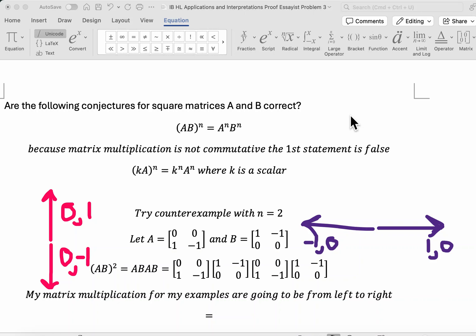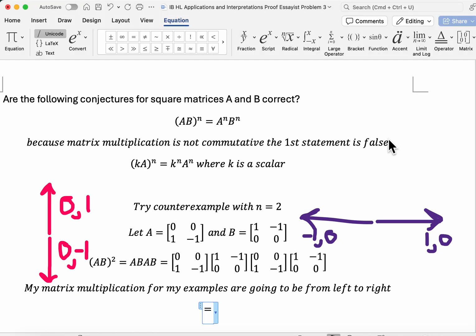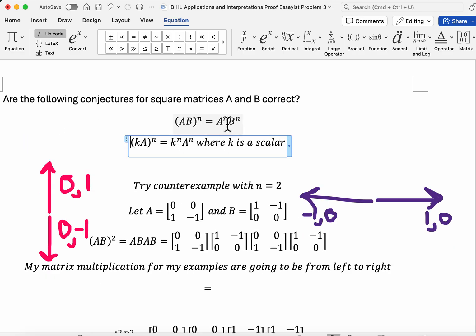Okay, so this is the third problem in the IB Higher Level Applications and Interpretations Oxford textbook. It's basically having you guess whether these following conjectures are true or false. If it's true, you need to justify it with a proof. And if it's false, you need to provide a counterexample. Now, I have some scratch work written already here because I am terrible at coming up with counterexamples on the